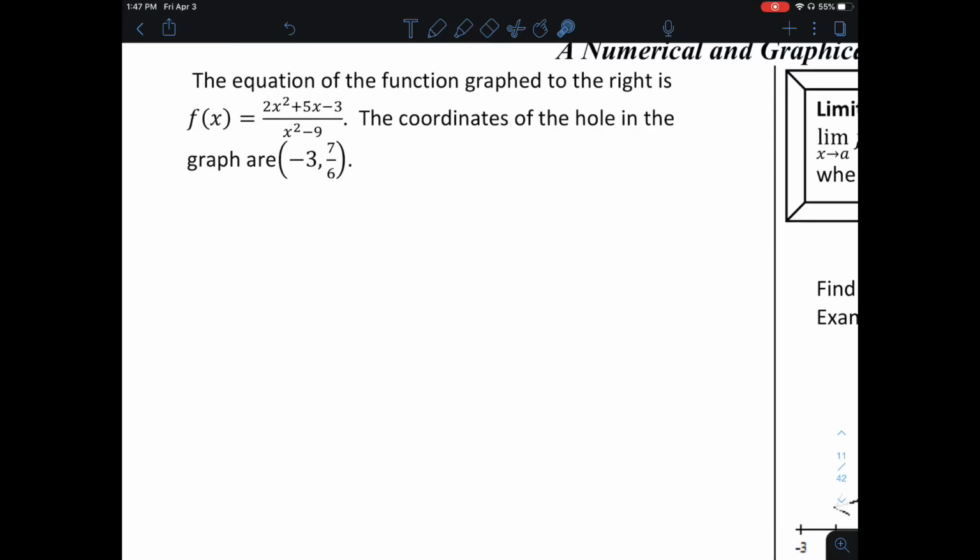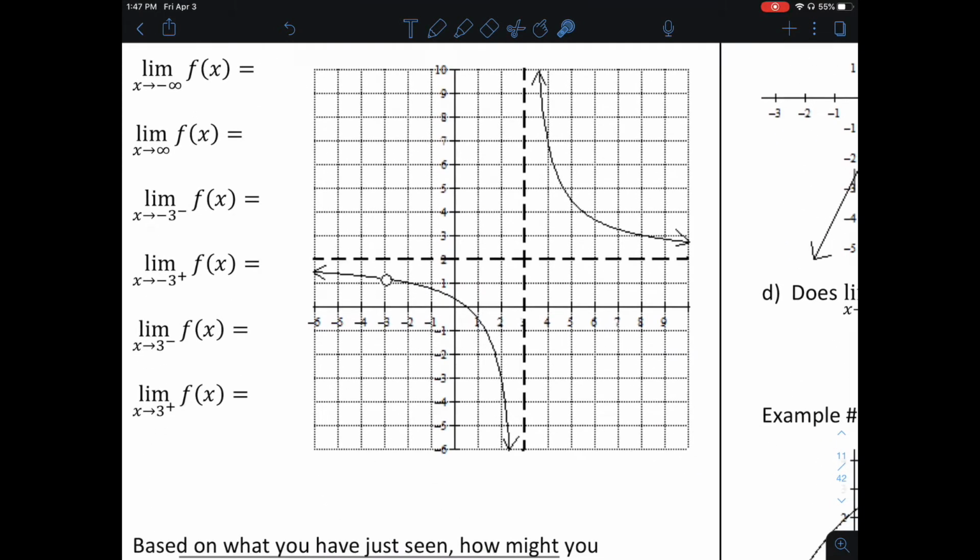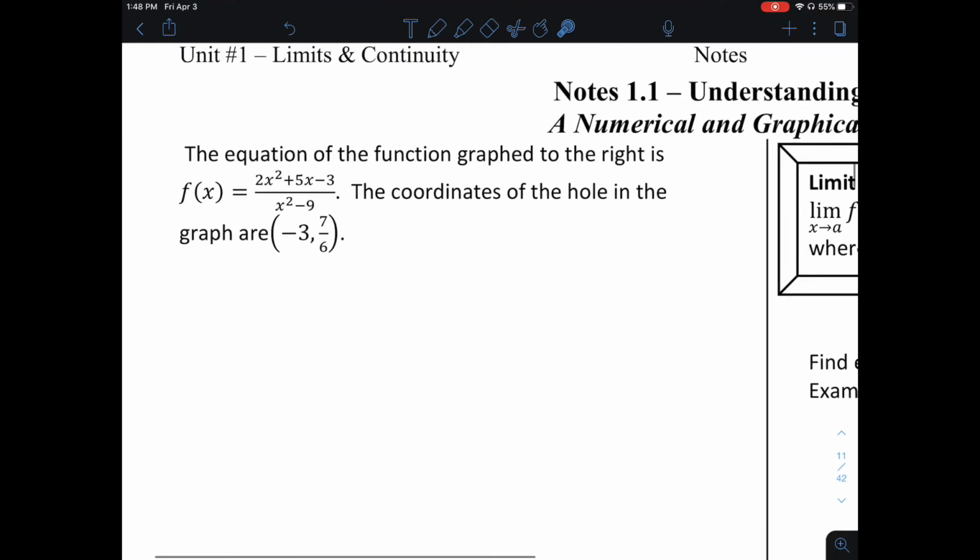The equation of the function graph to the right, it's actually graphed down here. Vertical, horizontal asymptote, it's got a couple curves, it's got a hole in it. It is f of x equals 2x squared plus 5x minus 3 over x squared minus 9. The coordinates of the hole are here. Let me refresh your memory of how we could find the coordinates of this hole, as well as the vertical